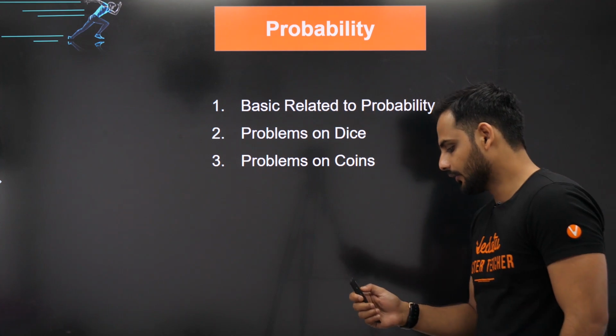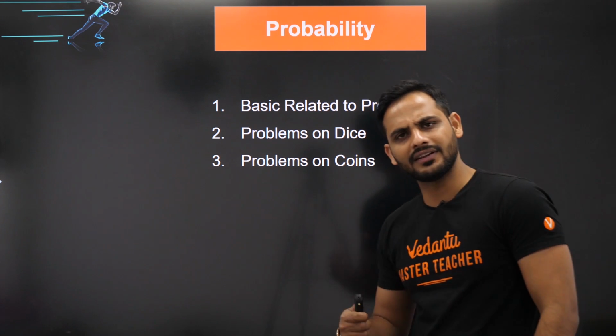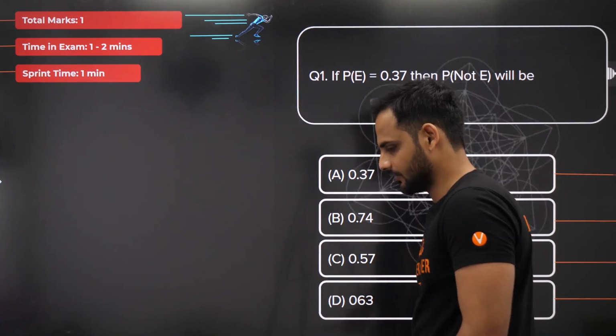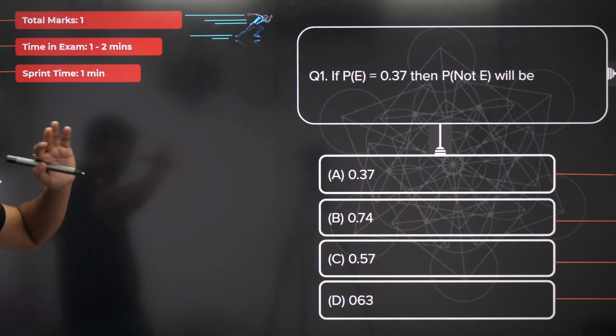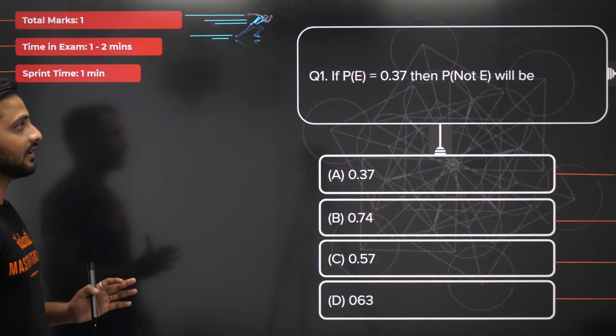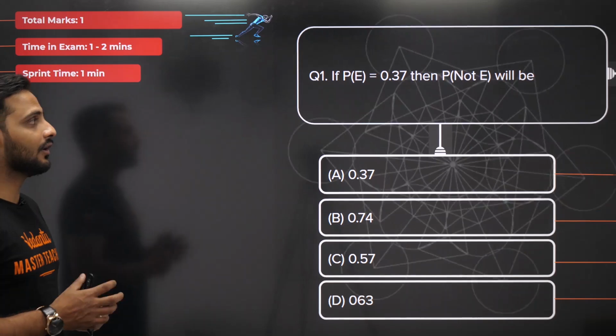As simple as that. Okay, so we'll be solving some more questions. We have done with the basics of that part. Now let's solve the question. First thing, if probability of any event E is equal to 0.37, then what is the probability of not happening